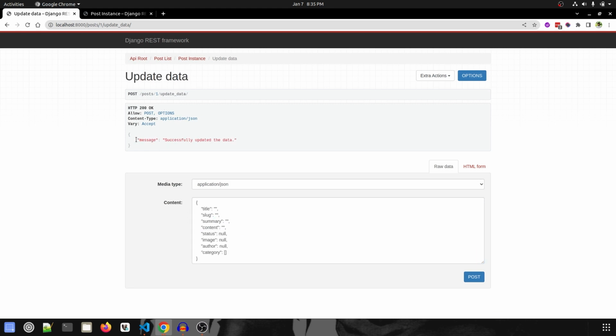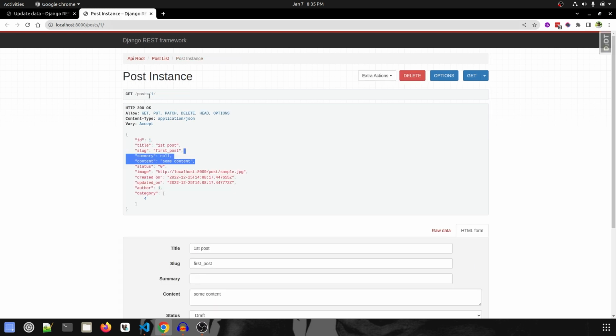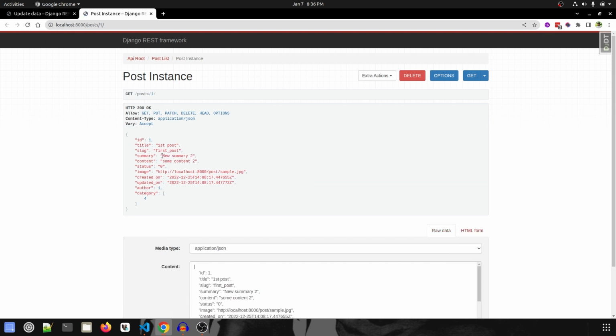I understood the problem. I think I had put a comma at the end, and that is not required. So now we get the message successfully updated the data, and if we go to the detail view of that ID of that blog and refresh, as you can see the summary is updated and also the content is updated. So thus we were able to successfully update the data in Django.